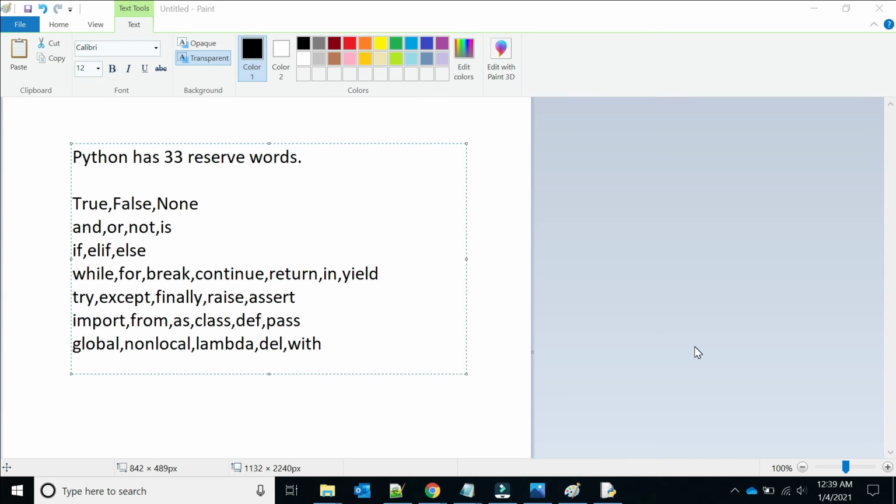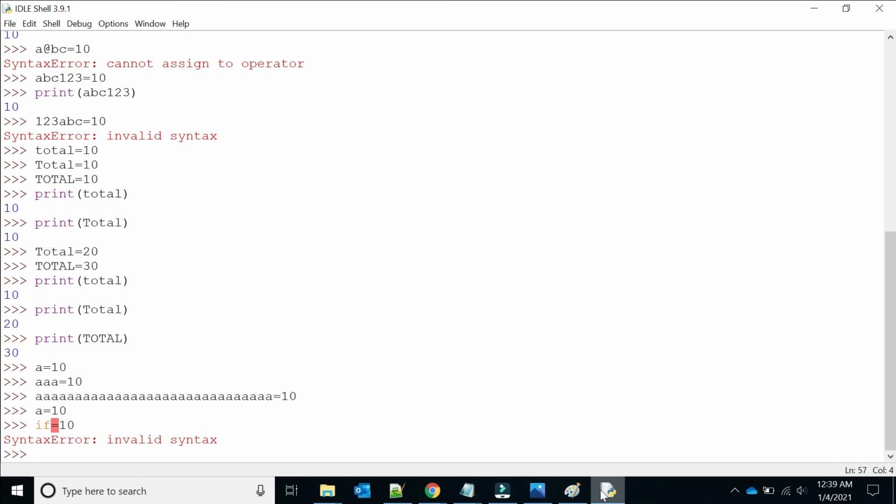So friends, as I have mentioned, we cannot take a reserved keyword as an identifier or variable name, and in Python we have 33 reserved keywords.